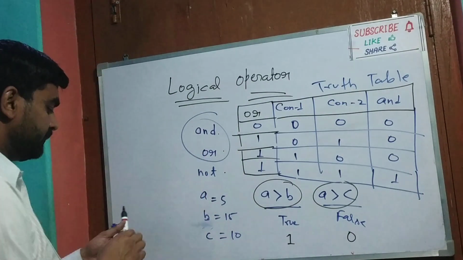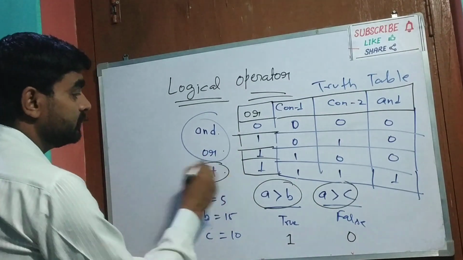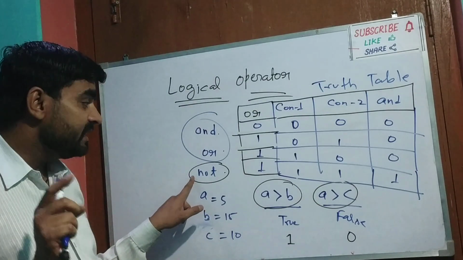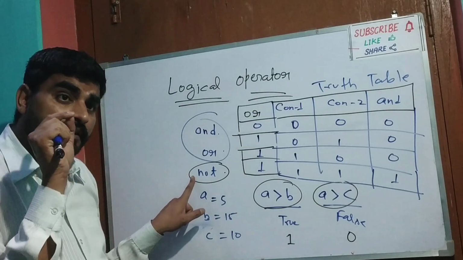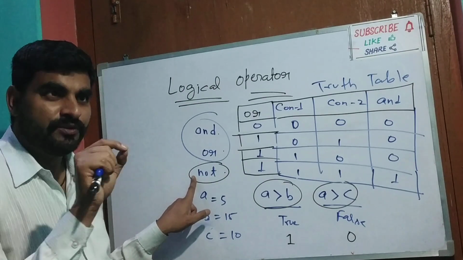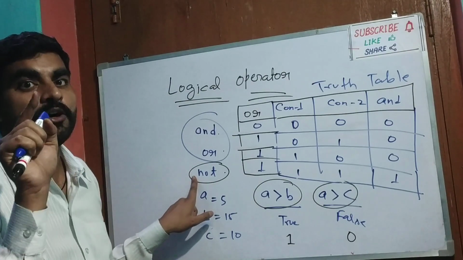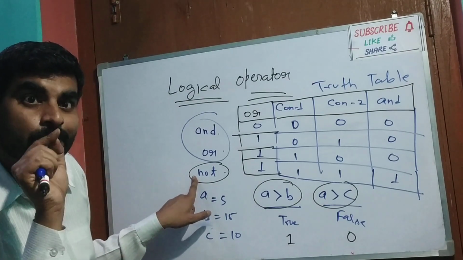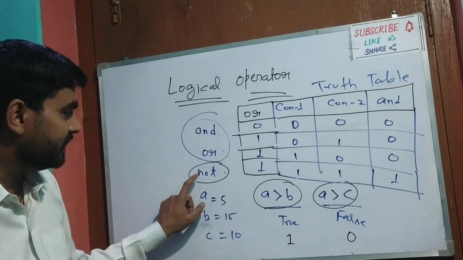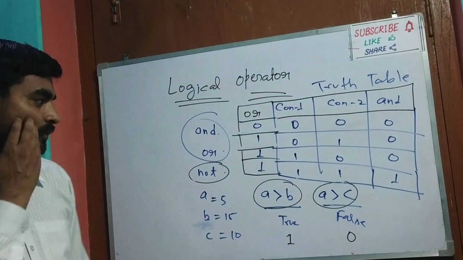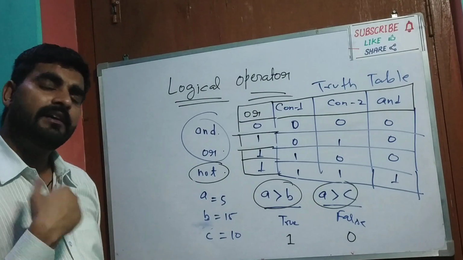And if we discuss not, one thing I will make you remember: when I told you about operator types, unary, binary, and ternary, I wrote over there about the unary operator, and there you can find not as a unary operator. Yes student, this is the not which is a unary operator. It will be explained in the next video.